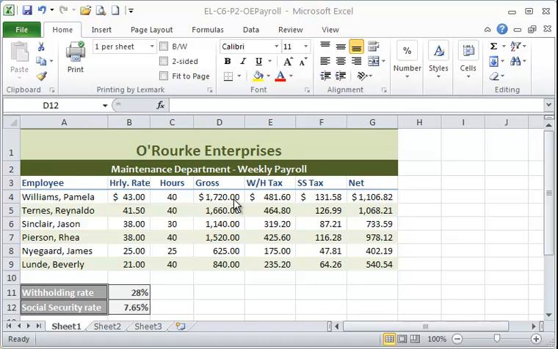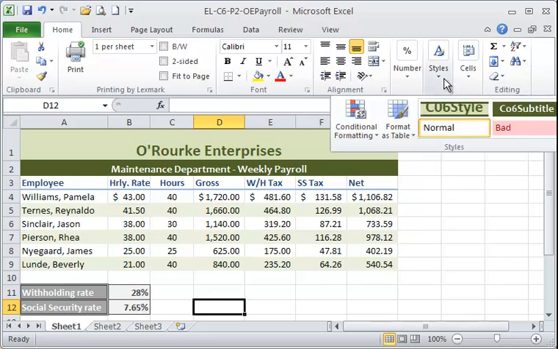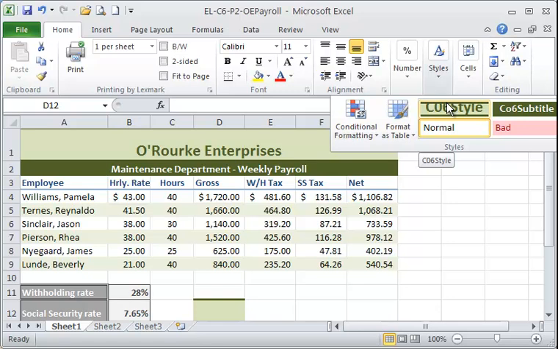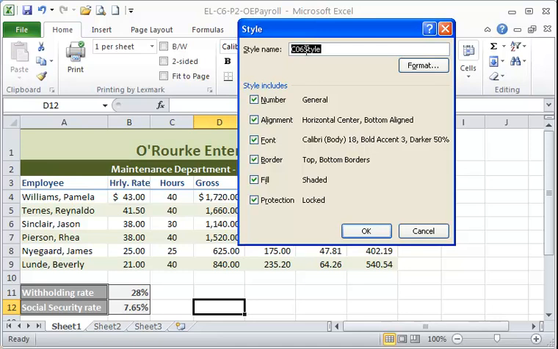So we're going to modify both the Chapter 6 title style and also the Chapter 6 subtitle style in the next exercise, actually Project 3D. So the first one is the title style. Probably the best thing to do is just be in a blank cell when you do this, and then go up to your styles group, find your style that you want to modify. In this case it's Chapter 6 title style, and if I right click on it, choose modify, first of all, I could change the name of it to title, because I didn't have that correct to begin with. And then to change the format,